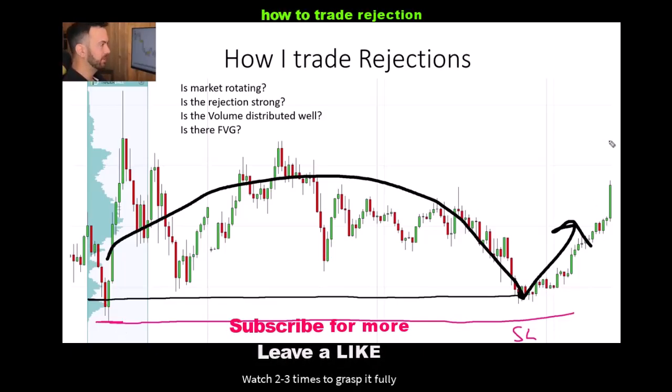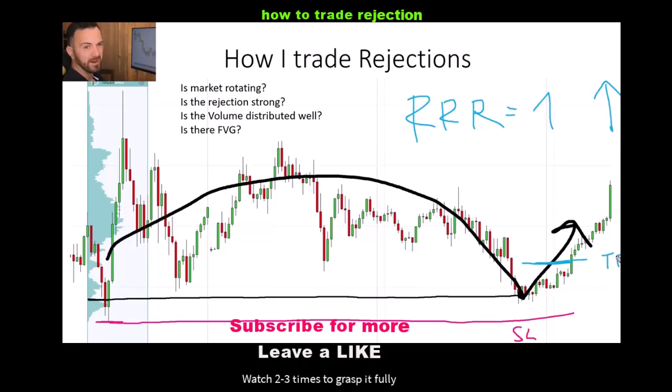And regarding the take profit, you want to trade with at least a risk reward ratio of 1 or better, which means that in this case the take profit would be somewhere in here. But in my trading, I strive to have a bigger risk reward ratio than 1. So in the long run, I try to have around 1.5, which in this case would be somewhere in here. But what I do is I look at volume distribution and decide on the take profit placement based on the volumes. But